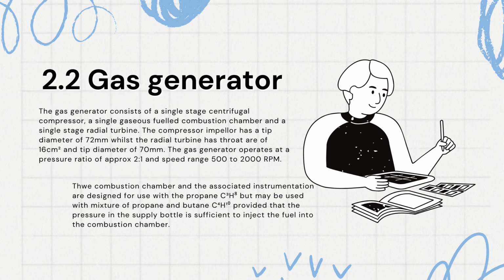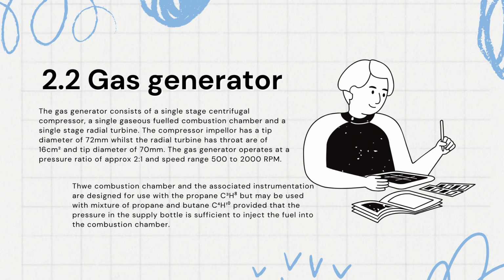2.2. Gas generator. The gas generator consists of single-stage centrifugal compressor, a single gas fuel combustion chamber, and a single-stage radial turbine. The compressor impeller has a tip diameter of 72 mm, whilst the radial turbine has throat area of 16 cm and tip diameter of 17 mm. The gas generator operates at a pressure ratio of approximately 2.1 and speed range 500 to